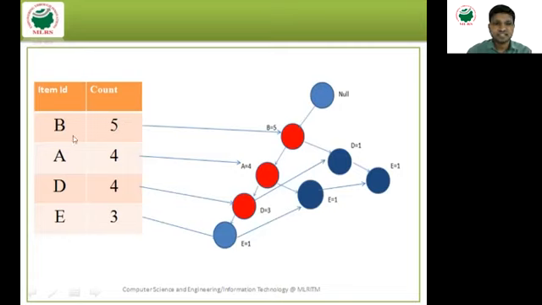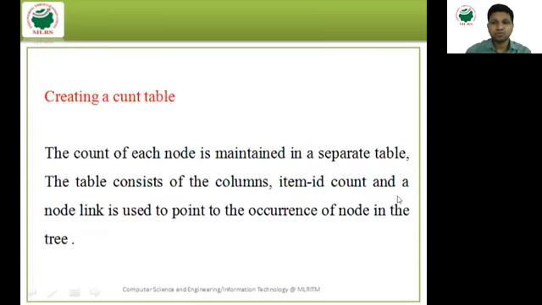Now this is the construction. See, you will get here. Now B5. So now path to this row B5, right? Is there any B available? No, right? Now count is 5. Here also count A4. So there is no A. Right? Now this is also considered. D4. So here D is 3. Now find out here also D is available, 3 plus 1, 4. Now E3. Now E is available 1, 2, 3. So like that, you are going to create a count table.